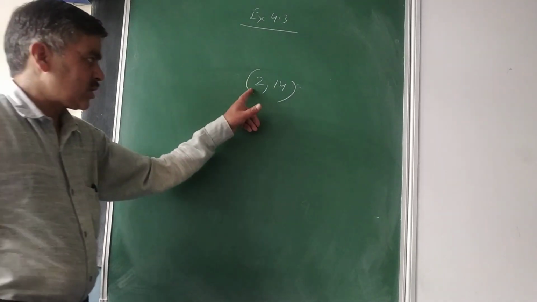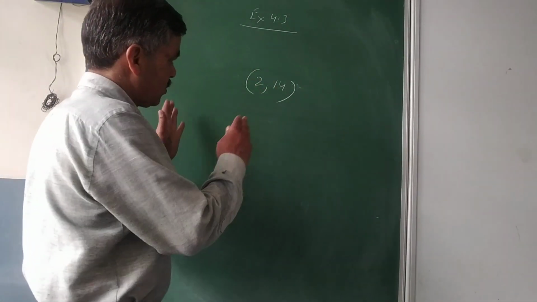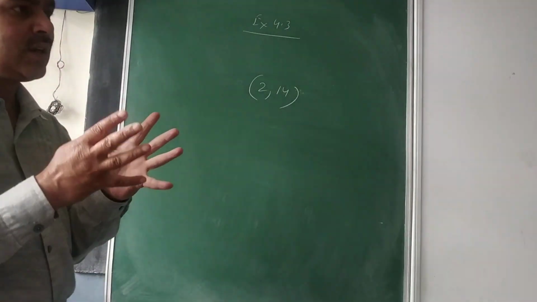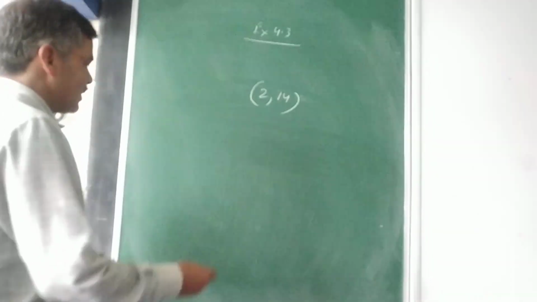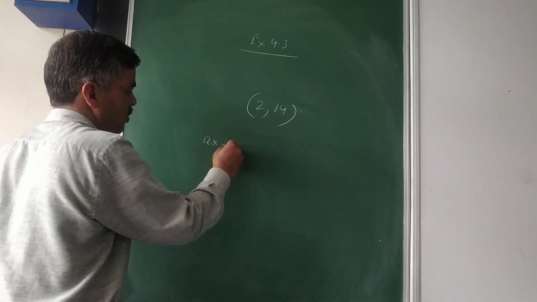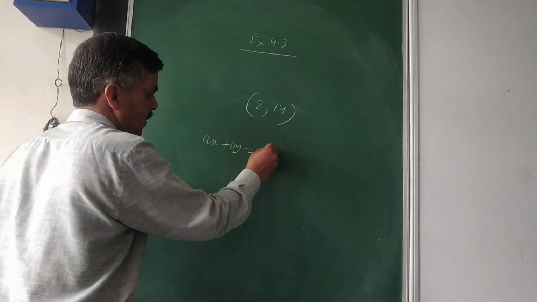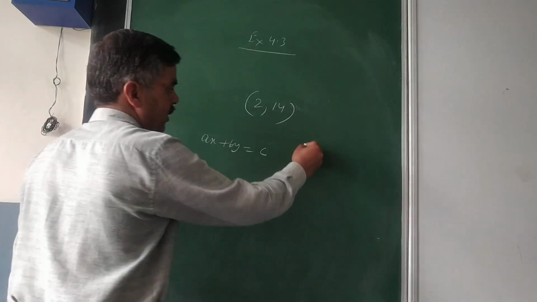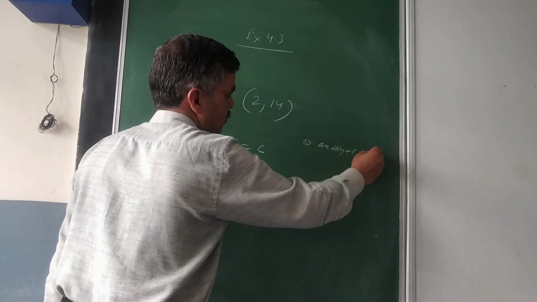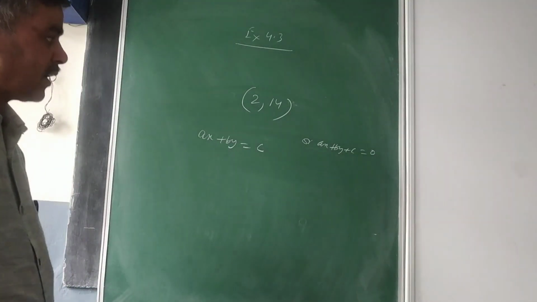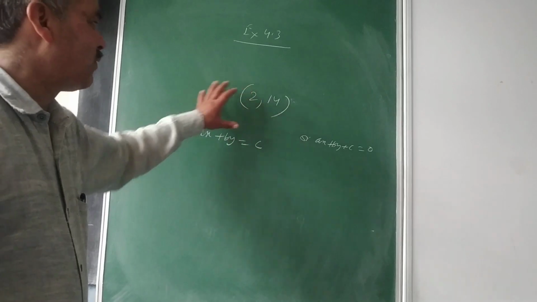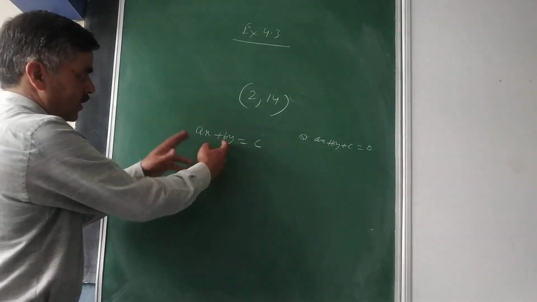Now, this is the x coordinate and this is the y coordinate. Coordinates are given. On behalf of these coordinates, you have to write the equations. So on the very first day, when I introduced the equation to you, I said ax + by = c, or ax + by + c = 0. We had this kind of discussion when I began the topic. So you feel free to go for this.